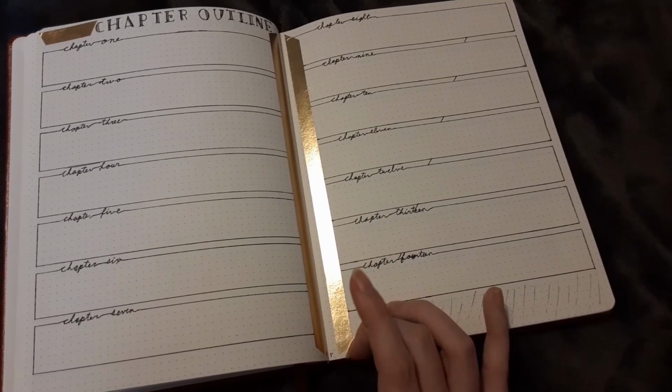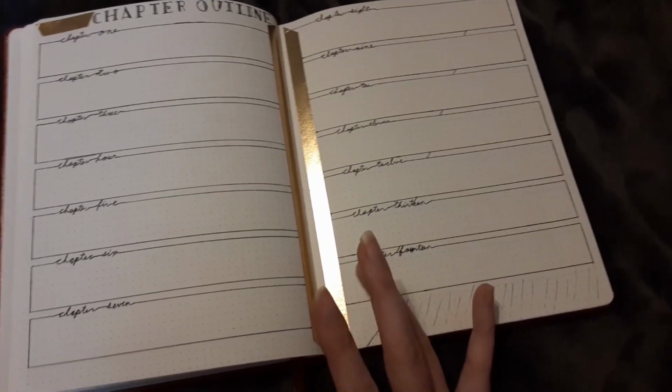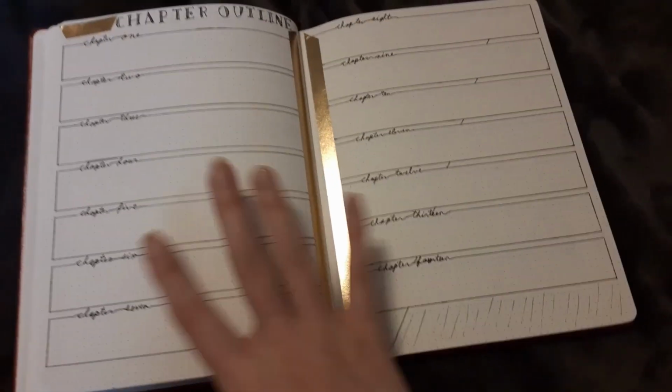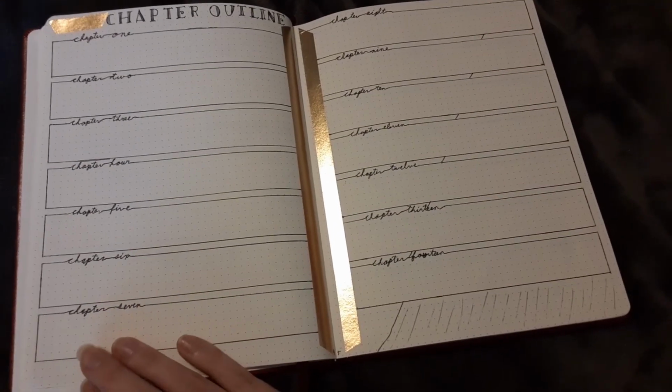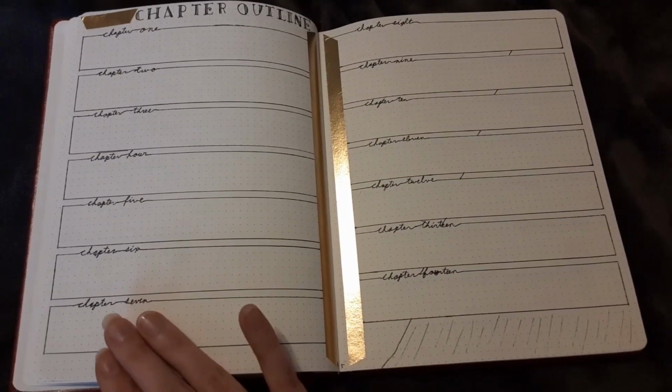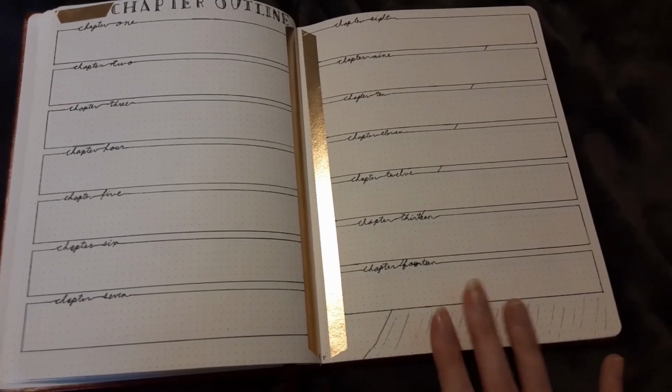It may be 120,000 words. It may be like 90,000 words. We'll see. This is just like a guesstimate. And then I'm going to go through this and write out kind of what I want in each chapter, but it's not going to be fixed because I am more of a